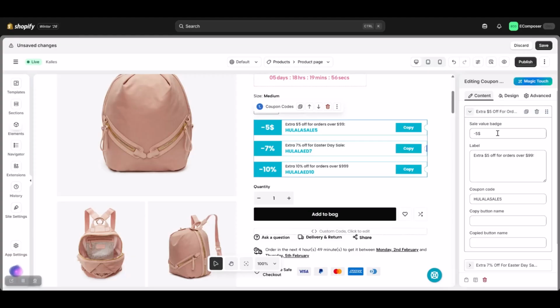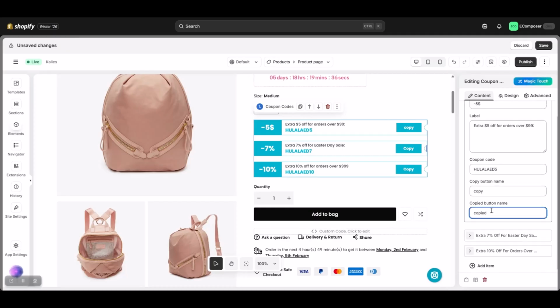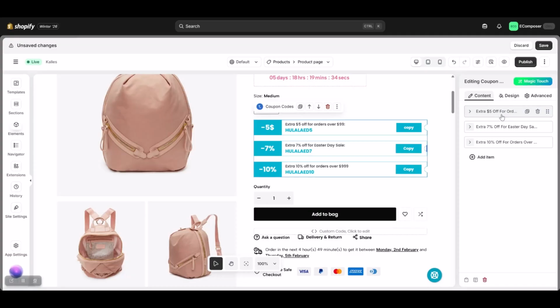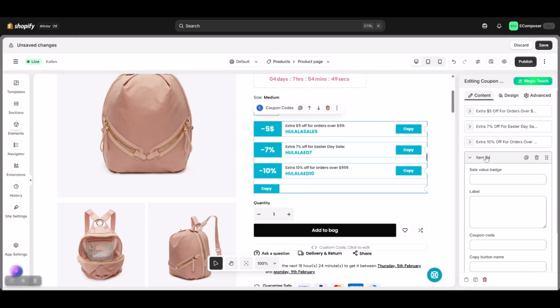Here, you can customize the sale value badge, such as the discount value displayed for each coupon. You can also edit the label text, update the coupon code, and change the copy button name to match your store's tone or language. If you want to add more coupon offers, simply click Add Item to create a new